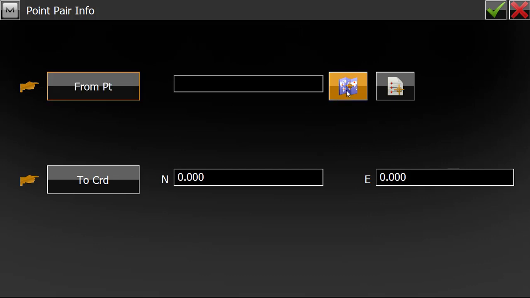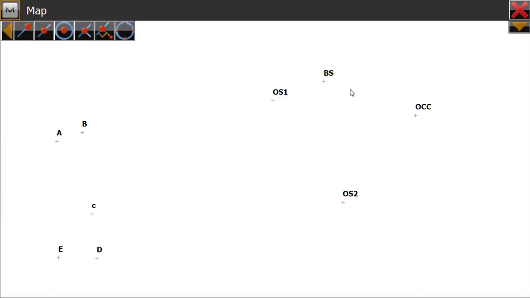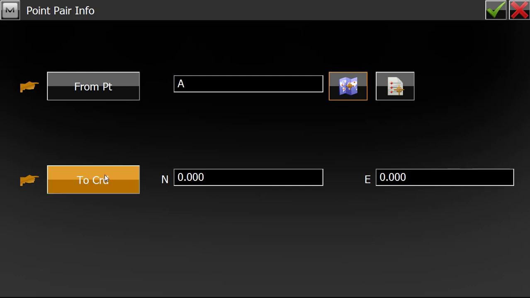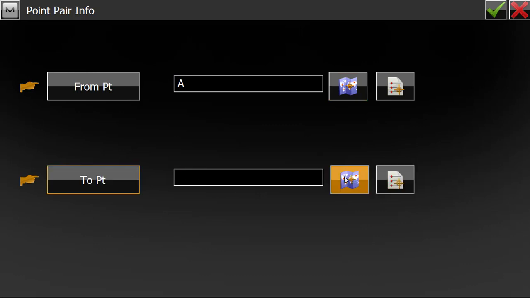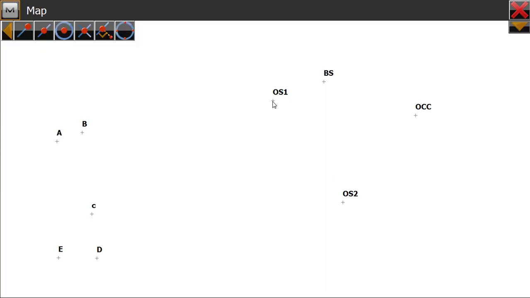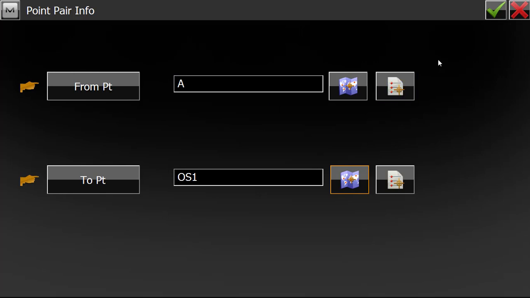So I want to pick the from point, a point which we have created in the home, nothing but the created FMB, and now this is our from point, nothing but the source point, and OS1 is the destination point. So from A point and the to point is our OS1. So after that tick on this option.